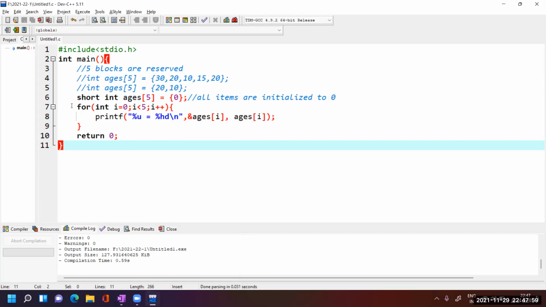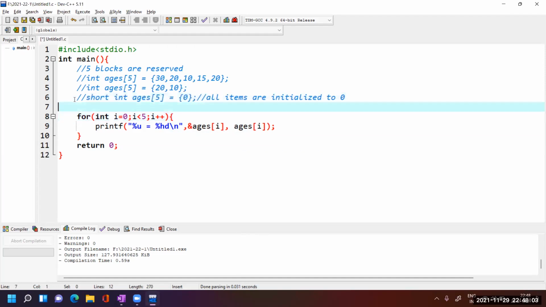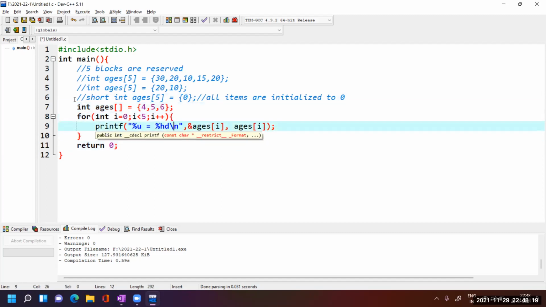Okay, so now let's see another way that we can initialize the array. Let's make it the same one, ages. Now see this one, very interesting. What is the meaning of this?